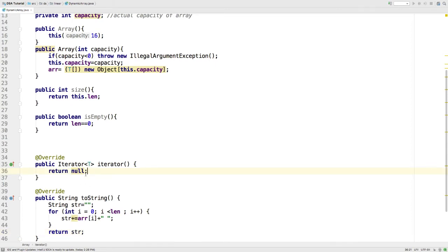Let's implement the iterator as well. The iterator method actually returns an iterator, so I will return an Iterator object.